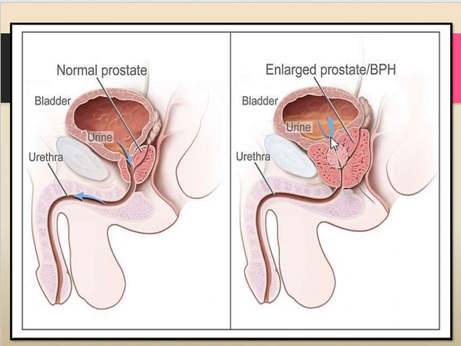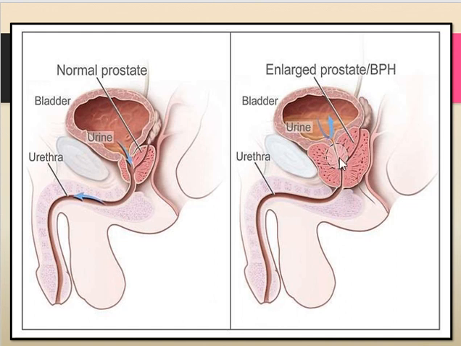So just imagine if you press the straw somewhere and you try to sip the fluid, whether it will flow to your mouth, whether you will be able to drink the juice. No, the same thing happens here. The urethral opening is just like a small hollow space, like a straw.